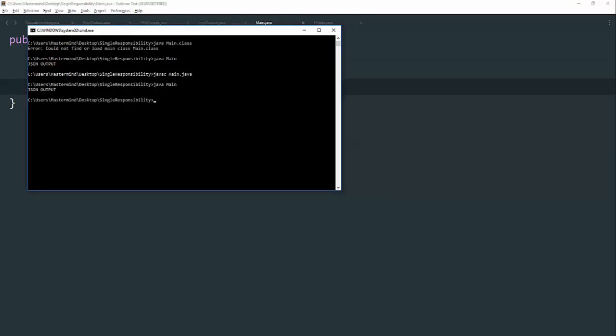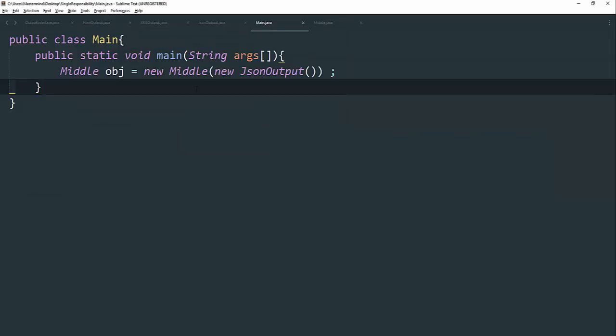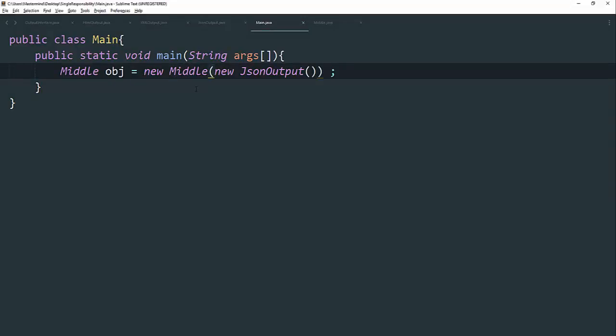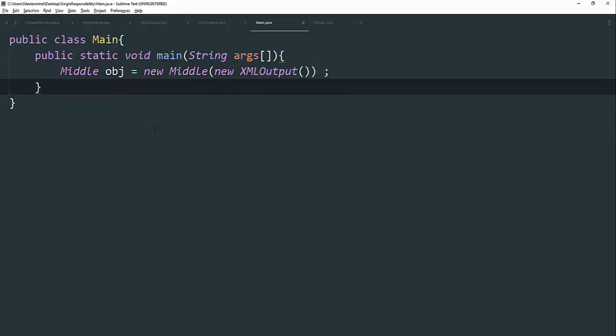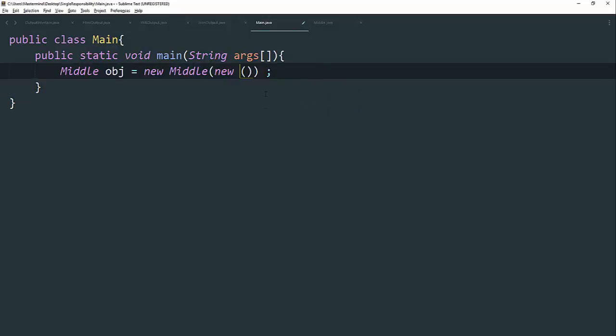And we notice that now if the user, for example, wants to change his format, the client will just need to choose which format he wants to output, XML for example. So now, if the user wants to change his output to, for example, XML or anything else, for example, HTML output, he just sends in the class that he wants, and